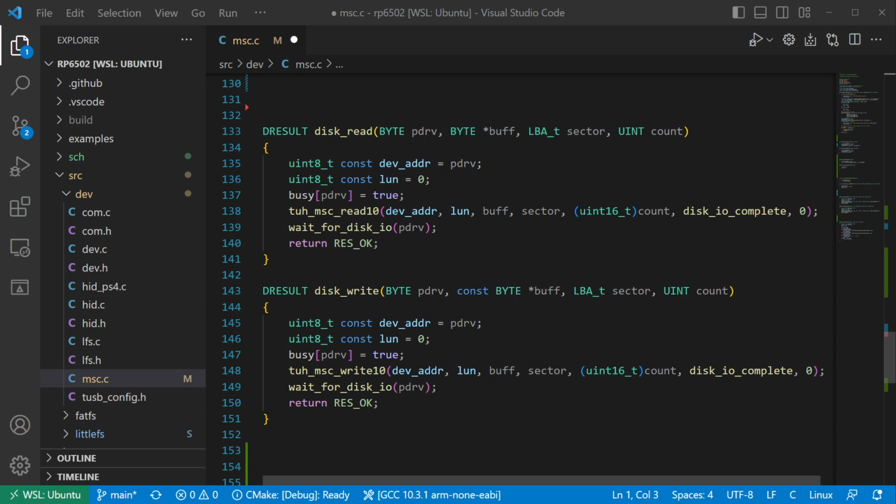This has one thing that's not obvious at first. Everything in TinyUSB is non-blocking. Events are collected during interrupts and handled in a task function. You'll need to block reads and writes until this task function executes a callback. How you do this will vary depending on your concurrency model. The wait for disk I/O here calls the USB worker task repeatedly until the callback clears a flag. It's slightly easier if you have an RTOS, but I don't for this project.